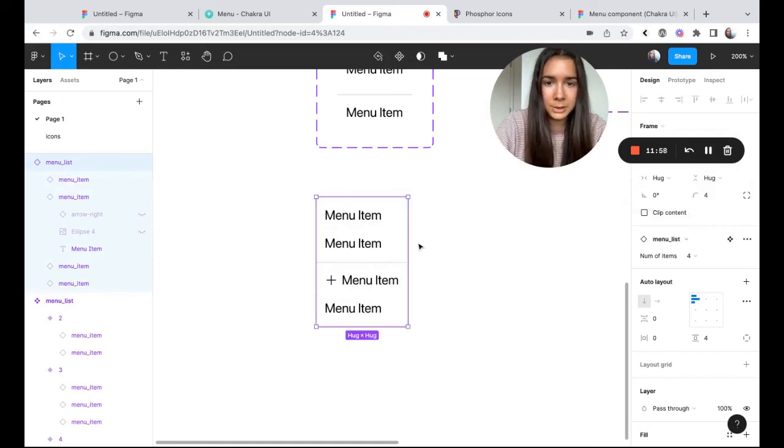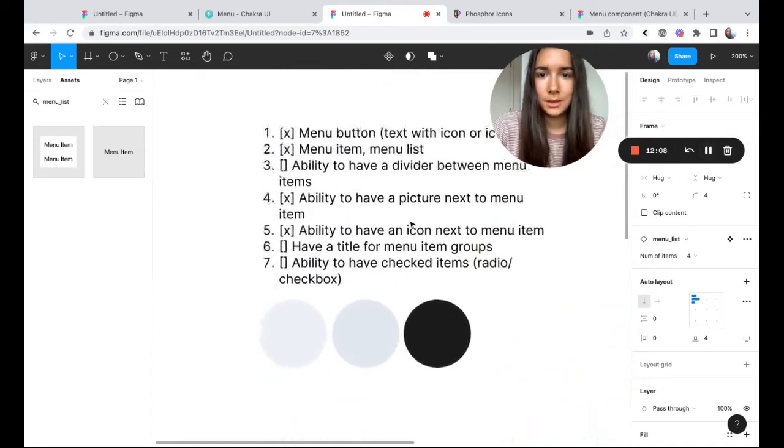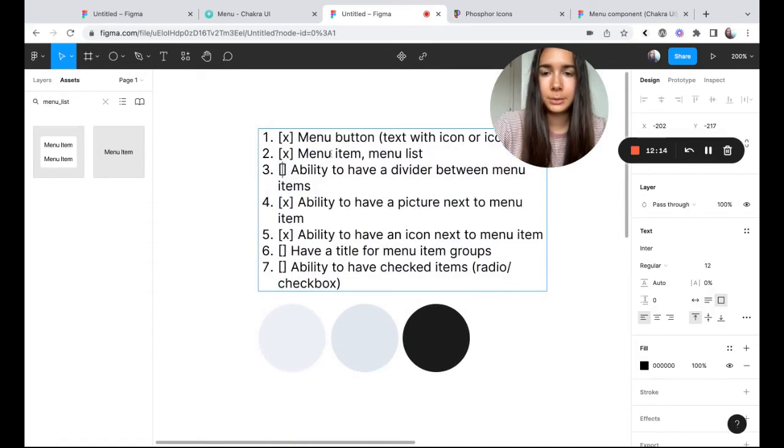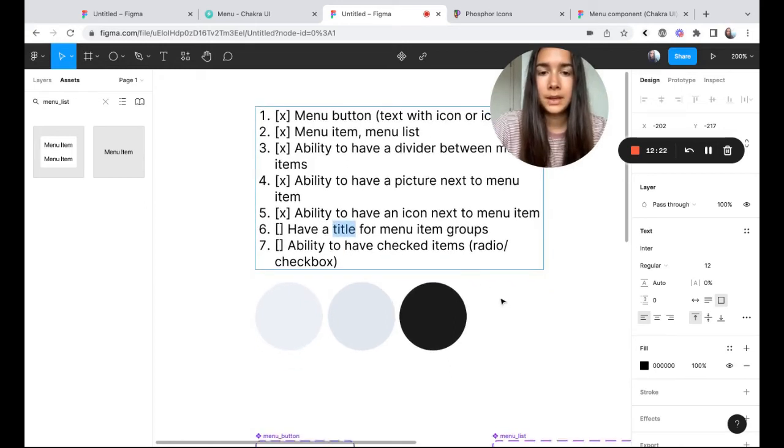And sometimes when you resize components, you have to adjust these properties to make sure it still looks fine. Okay, so we have a picture icon. So we added our divider, and now we can move on and create a title.